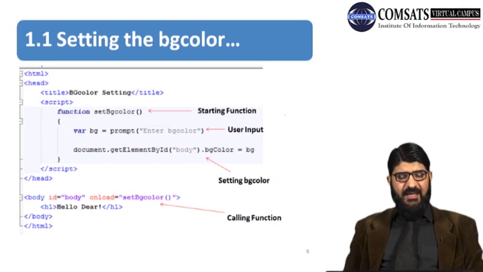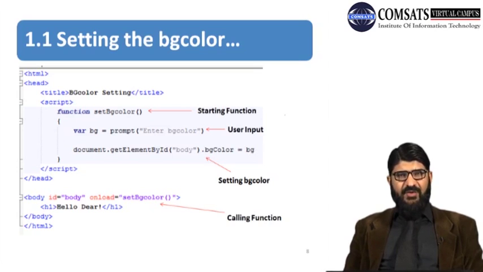Here the function is getting started. The starting bracket for the function is mentioned, and then the variable bg is declared. The variable bg is assigned with the prompt function. The prompt function is used to take input values from the user, and then "enter background color" is mentioned,